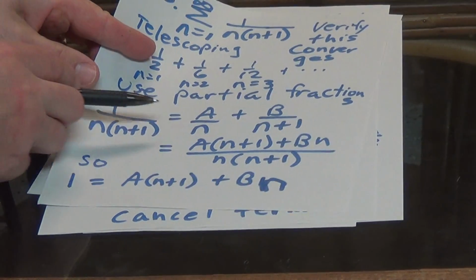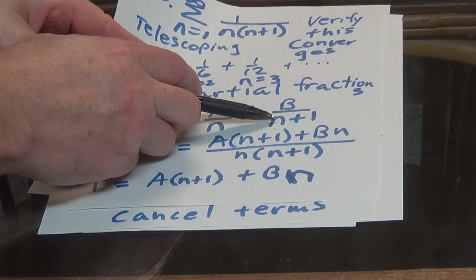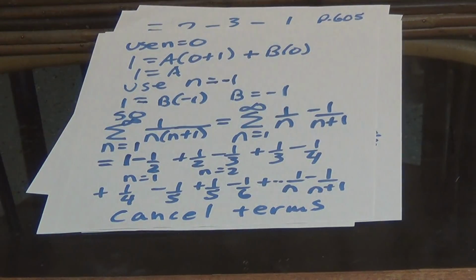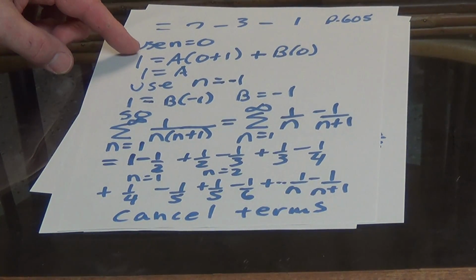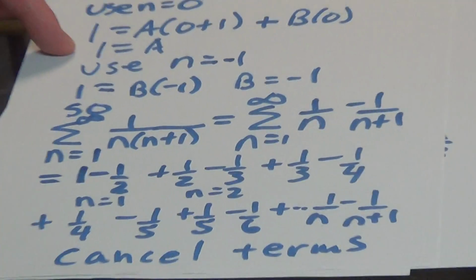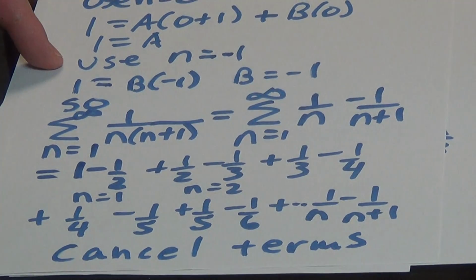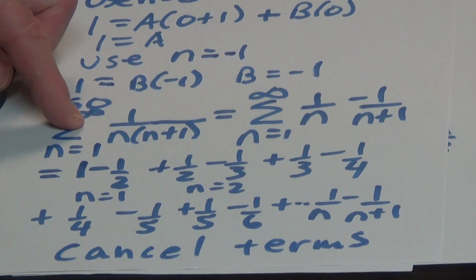If you set the bottoms of these to 0, n equals 0 will tell you the A, and n equals negative 1 will tell you the B. So when I plug n equals 0 into that equation, I wind up with 1 equals A, the B cancels out, just dies. When I use n equals negative 1, 1 equals B times negative 1 because the A term will die. And so the initial sum here